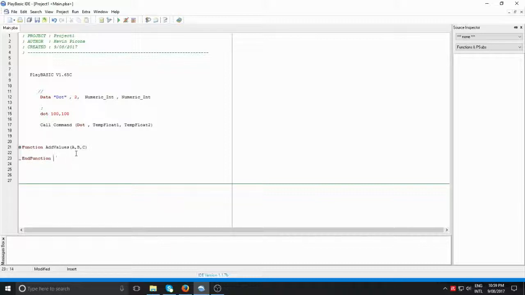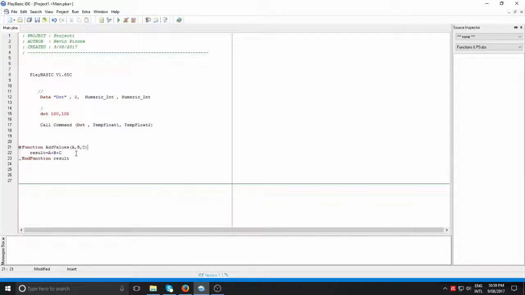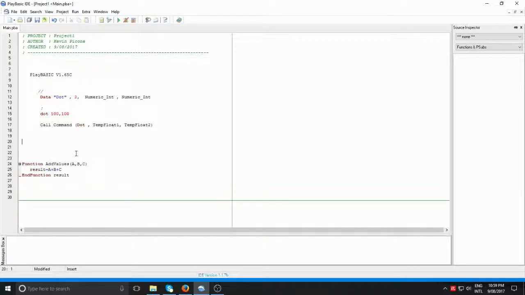Oh, that's our result. So result is just this plus that. Now, hopefully you wouldn't do things like make functions that are one line of code, but people do it. Anyway, when I call this function, if these parameters here are integers,